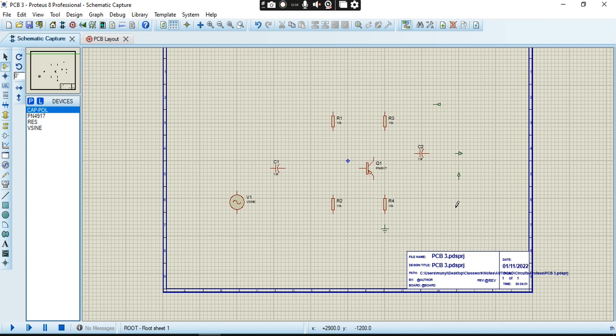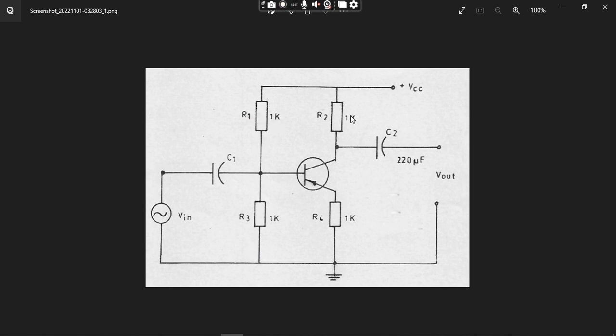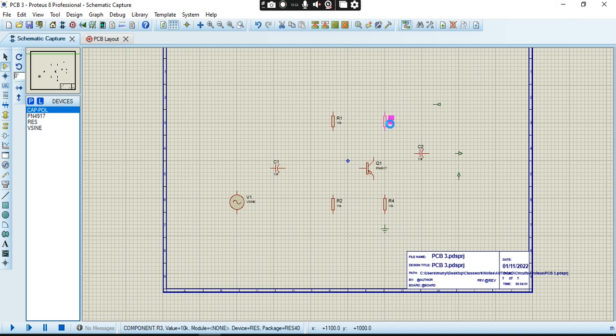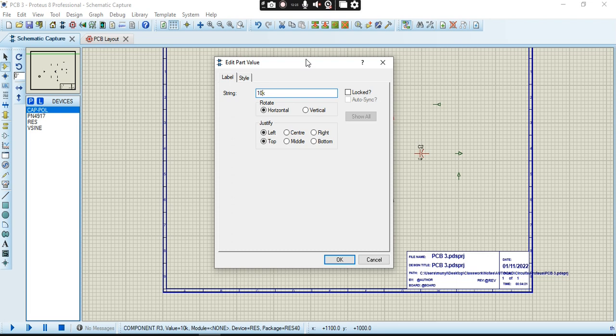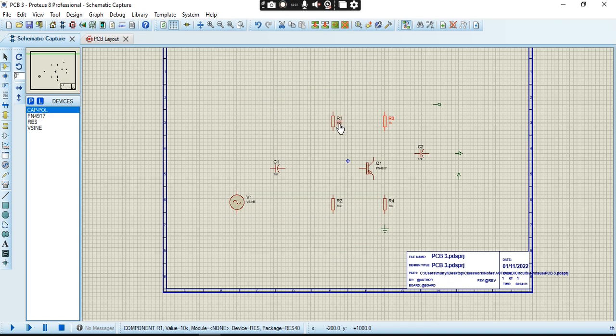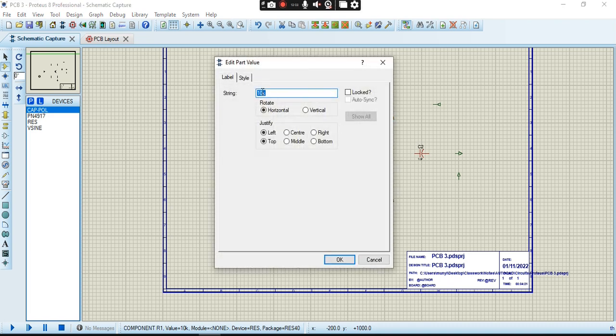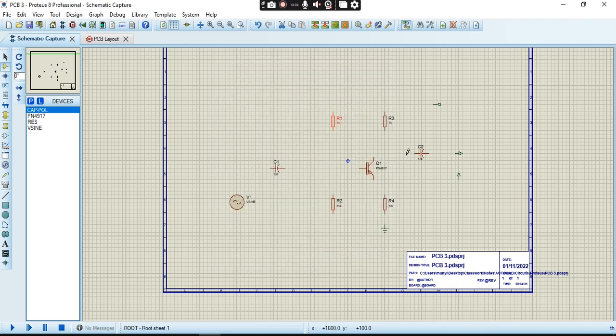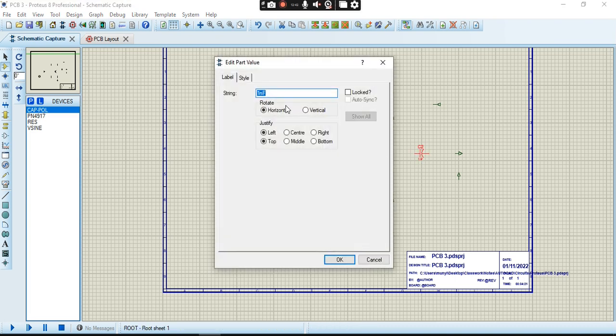So now next, we can see that on our drawing the resistance values is 1 kilo ohm, and this one is 220 microfarads. So how do you change that? You just click on the number and you edit it. This one, okay, you click on the other one and you edit it, and you keep doing that. For everyone. Here you have 220,